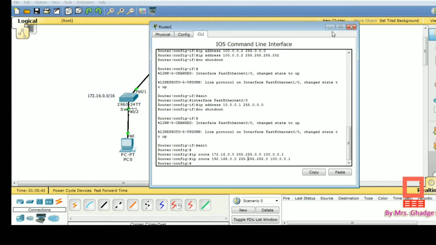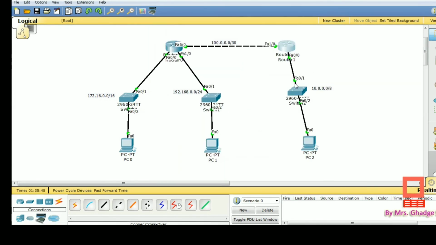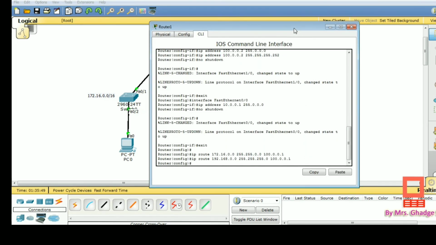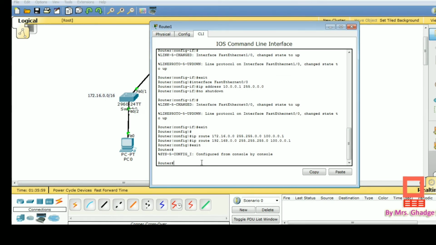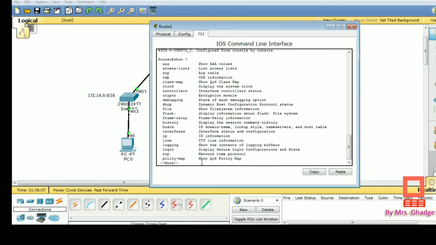Okay, next we have to see whether the static IP route is set or not. So for that we have to write one command. For that, just first write the command exit. We have the router hash prompt, and here write the command show, then put a question mark.